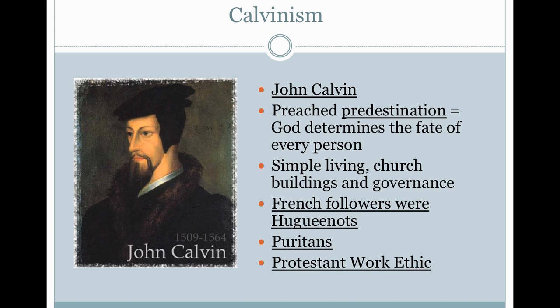So no one knew. So in order to get to heaven, you kind of had to be your best. You had to follow the tenets of the Bible. But not everyone made it. Again, it was about predestination. And his followers in France were called Huguenots, and in England they were called Puritans. You've probably heard of Puritans. Pilgrims were not Puritans, but eventually they kind of merged into one sect in Massachusetts. The Puritans are going to establish basically Boston.